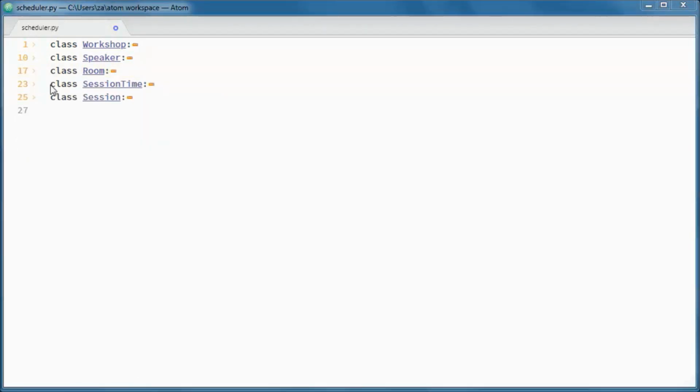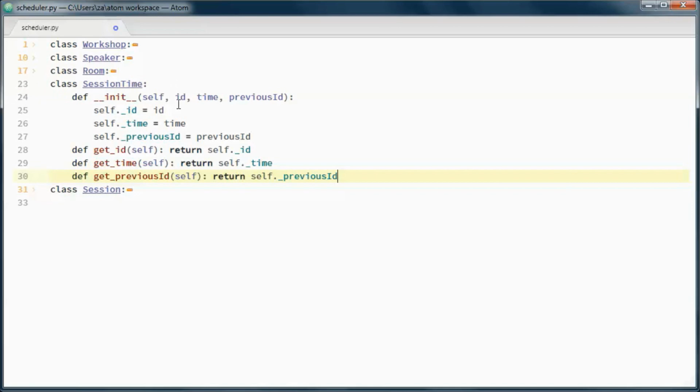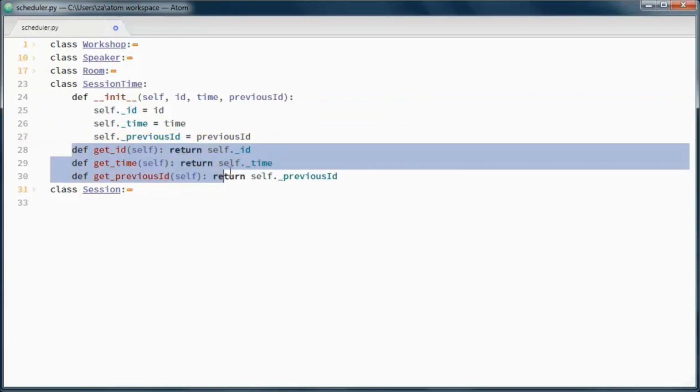And a session time will have an ID and a time and a previous ID, and those are initialized in the constructor, and get methods for those.